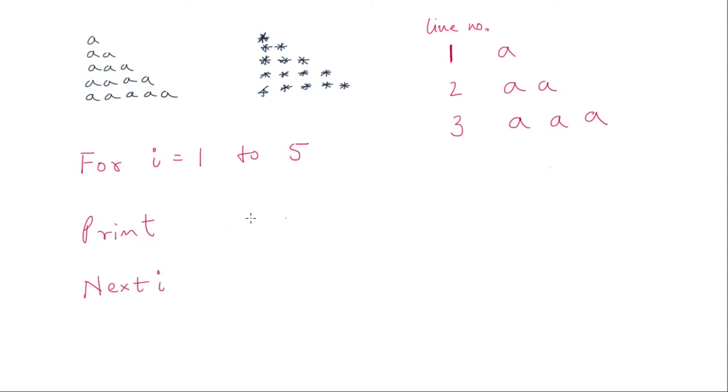No kind of print is going to help me. Why? Because if I write a single A, 5 times single A will come, right? If I write 2 A's in this, then what is going to happen? If I write 2 A's, then 5 times 2 A's is going to come, right?